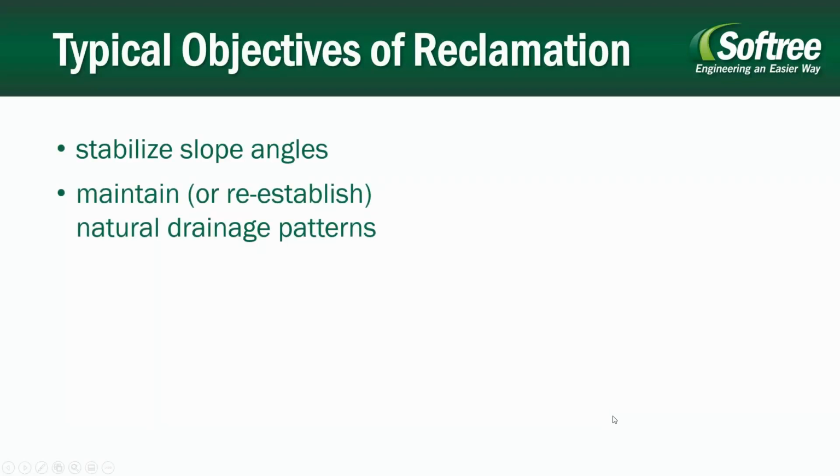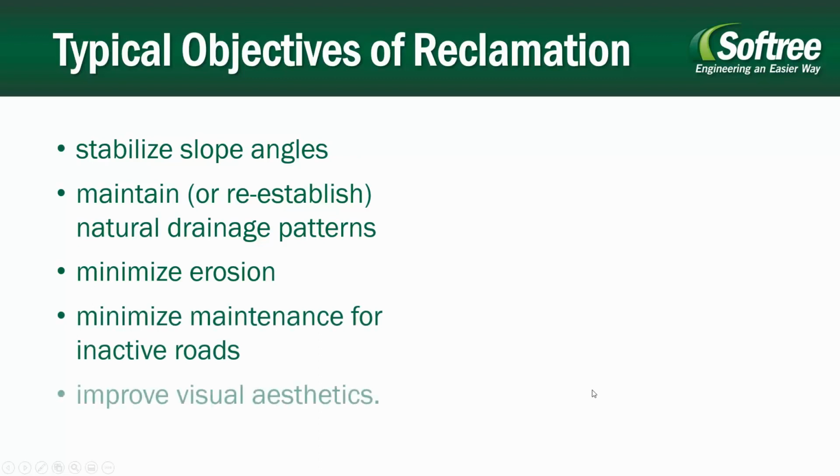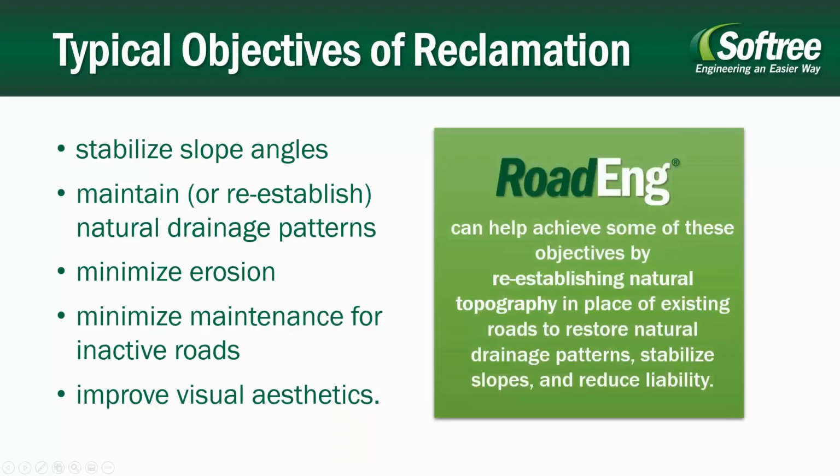So the typical objectives of reclamation, there's a few of them. Stabilizing slope angles, maintaining or reestablishing natural drainage patterns, minimizing erosion, minimizing maintenance, and improving the visual aesthetics. And RoadEng, although we can't help with all of them, we absolutely can help with many of these. So RoadEng itself can help you reestablish the natural topography in place of that existing road that you're looking to reclaim, to restore the natural drainage patterns, and definitely to help you stabilize those slopes, both of which reduce future